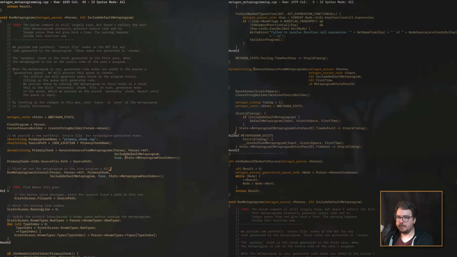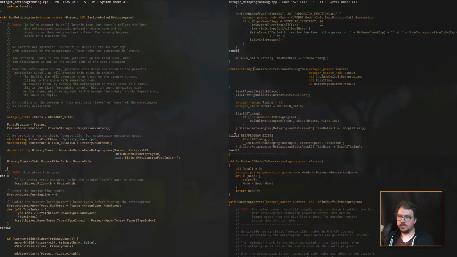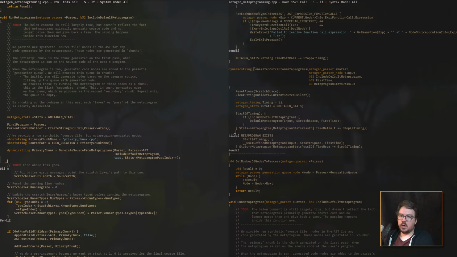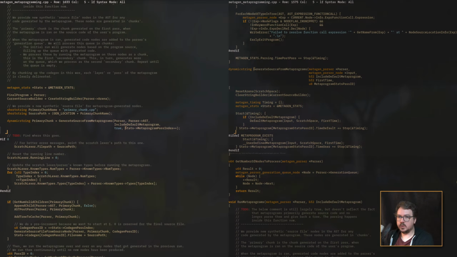Okay. So we don't need this anymore. Generate source from metaprograms. Does that not need... No, that doesn't need anything. That just gives us the source. So we don't need this either. Okay. Then, once we have that,